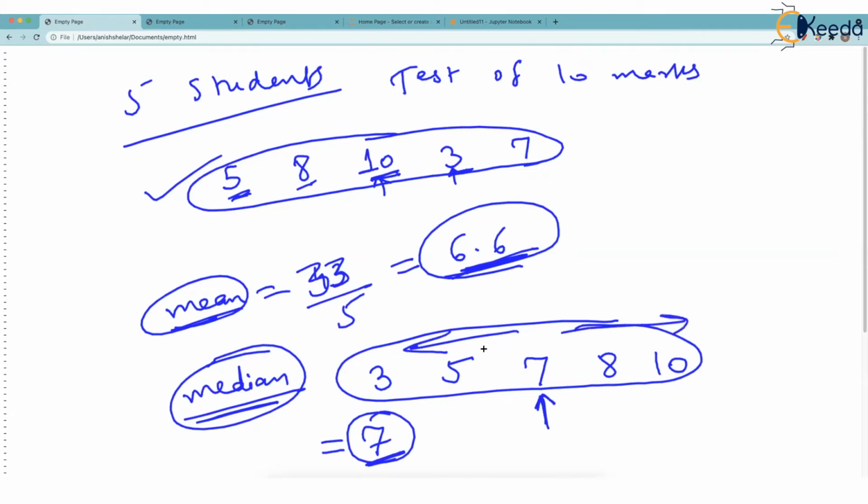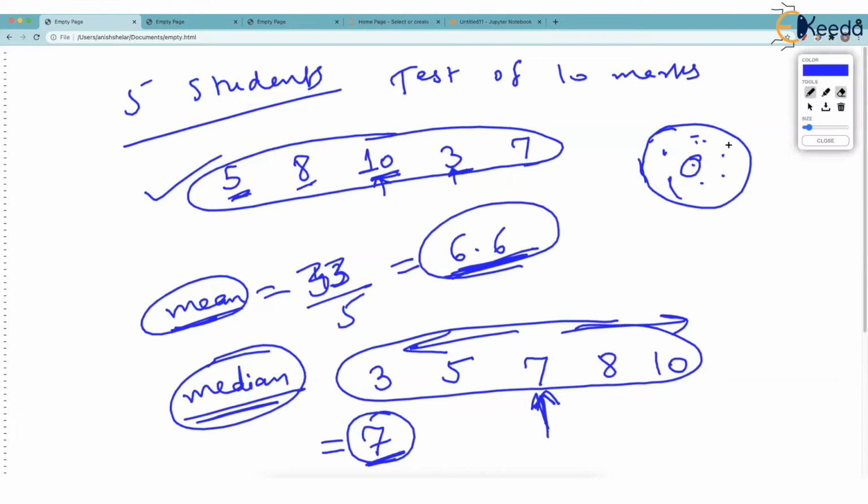Half the students have scored more than 7. That's a very interesting quantity. But 6.6, the mean, is not the central value. It's like, if this was the set of all the marks, then the mean lies somewhere over here, because you are adding all these marks and dividing it by the total number of marks. Now see further, as we have started the discussion of mean and what it exactly is,